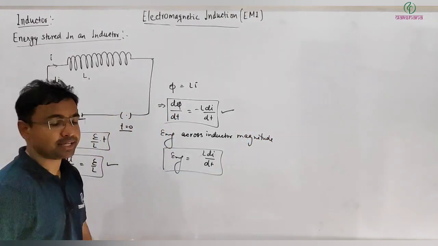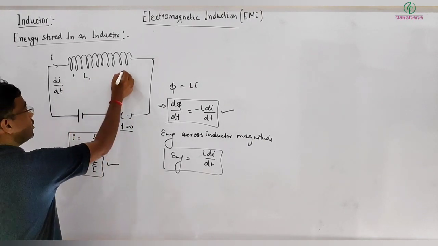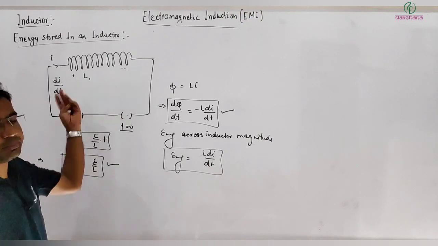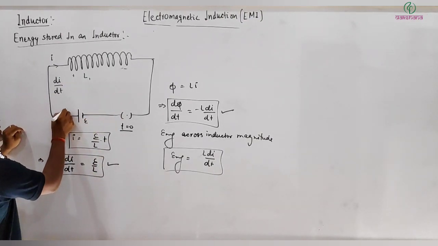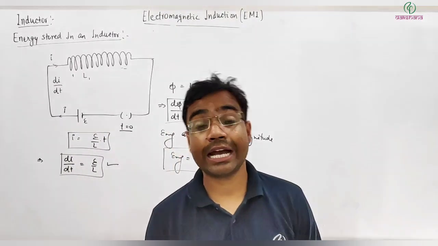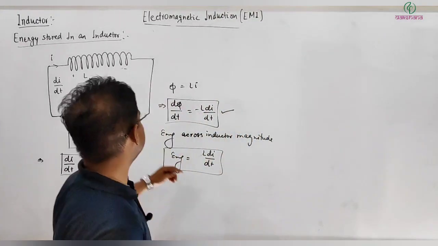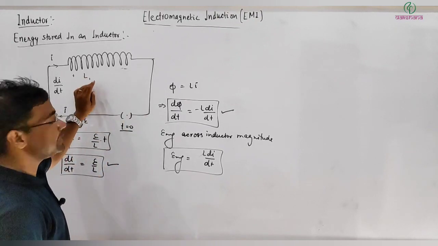So now see here, across this inductor, if the current is increasing, then the polarity will be this; if decreasing, then it will be reversed. This battery, having some EMF, is continuously supplying some current, and across the inductor some current is flowing and a potential difference is there. And you can see during charging, initially when current is increasing,